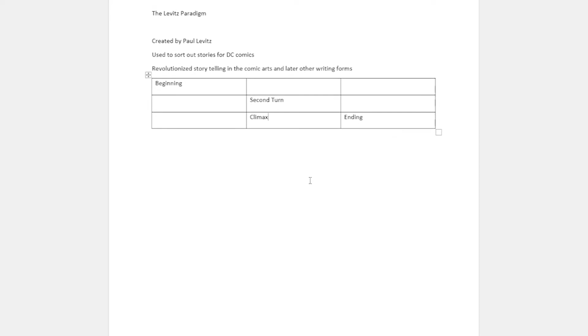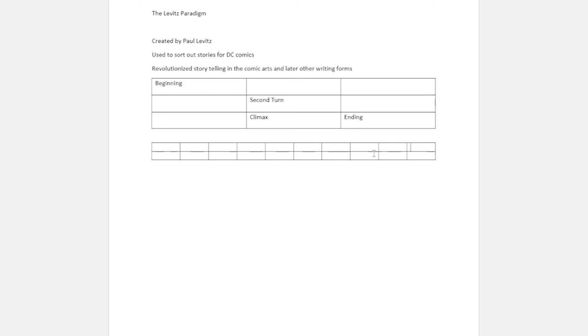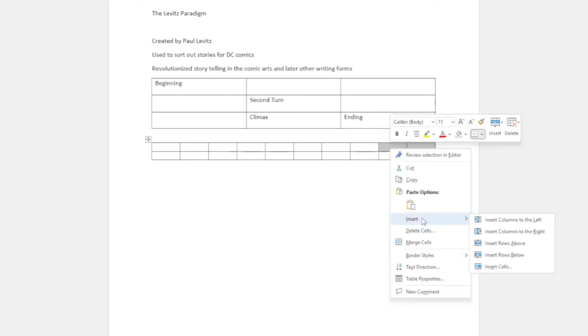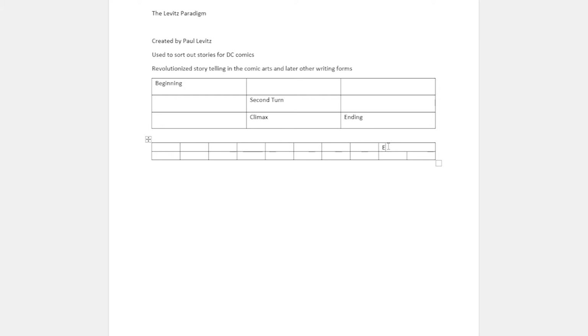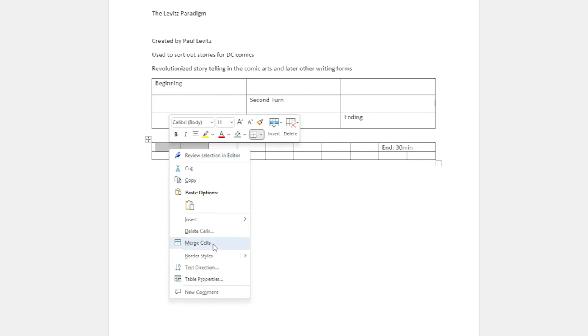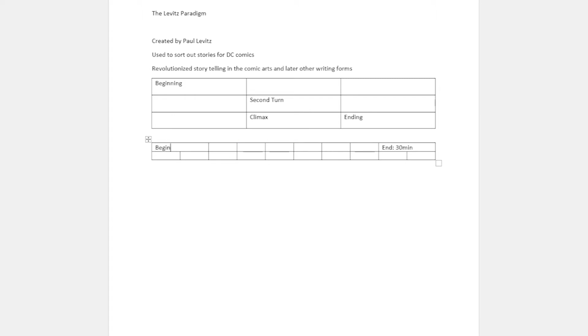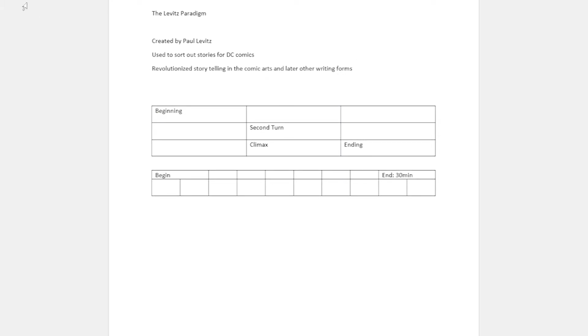As far as the Levitz paradigm goes, usually, like I said, when I'm screenwriting, it'll be for something that's like 30 minutes to an hour. I'll do something like that. 30 minutes. Over here. Let's do something like this. Like that. I would use these different place markers for different things. But what would happen is, see, you start off, because you can always do this, do something like